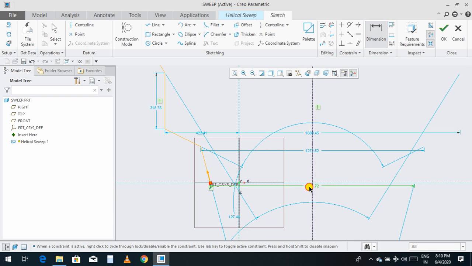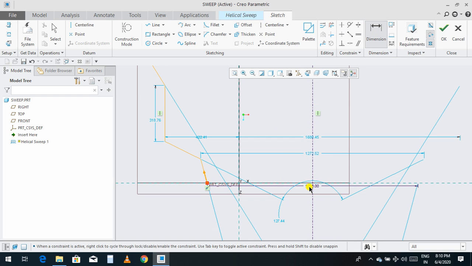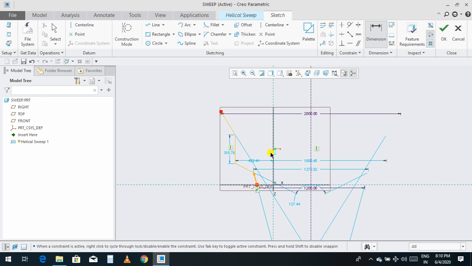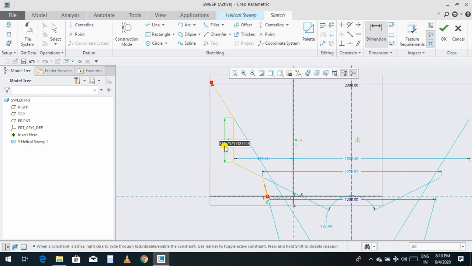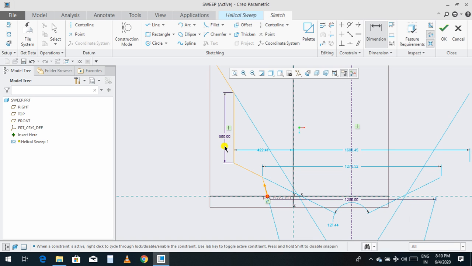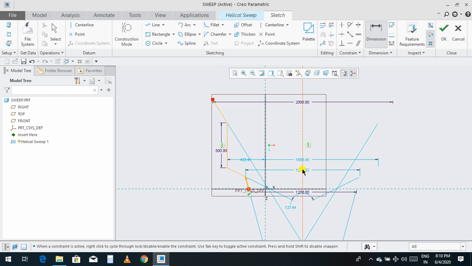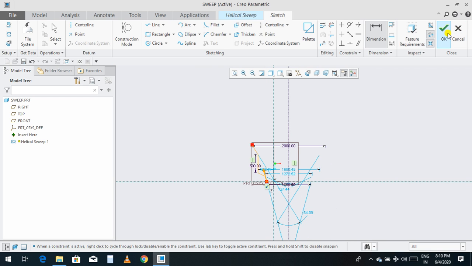You can give a dimension as per your requirement, and you can give a height for this length. Now I think everything is fine, so you just click OK.